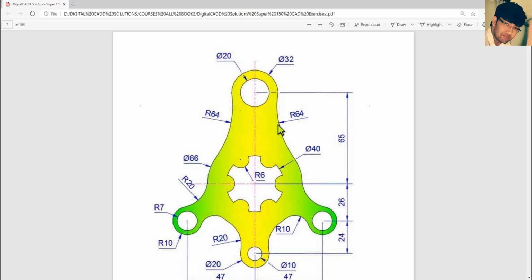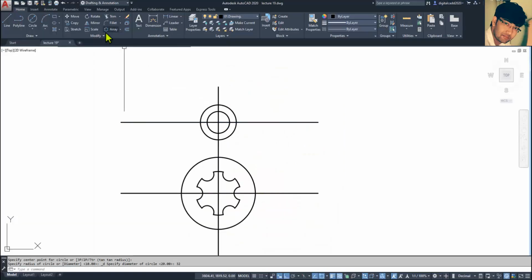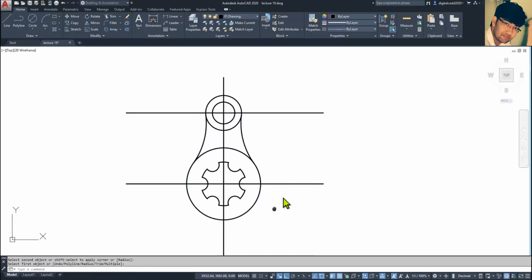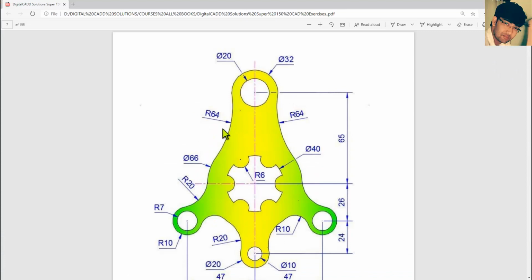Now we must create one fillet of 64 on both sides, this one and this one. Fillet, go to radius, 64 is the fillet. Click on multiple so that we can use the fillet tool continuously. Done, this is done, this is done.